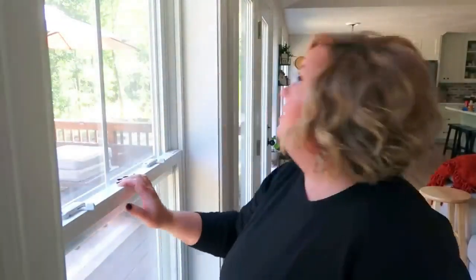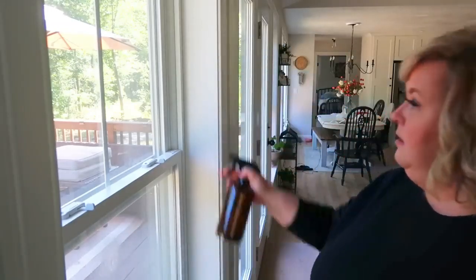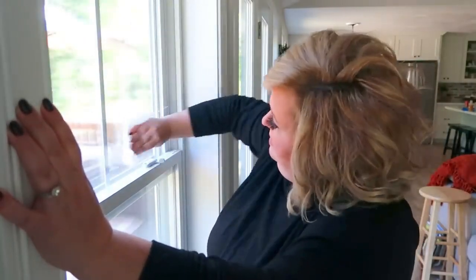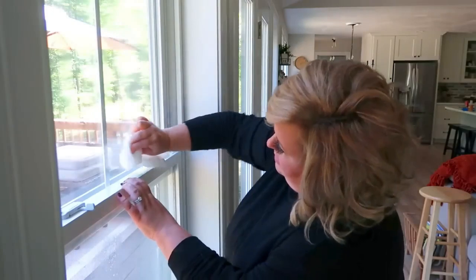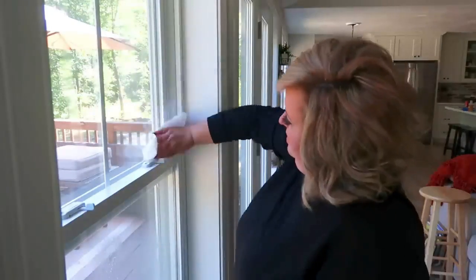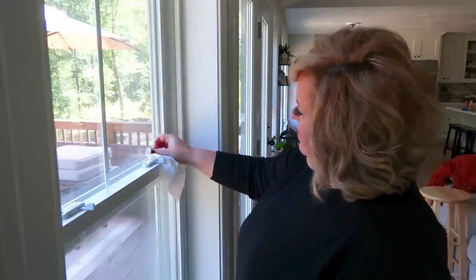Now that I've gotten them dusted off, we're going to go ahead and take a second to wipe them down. And I need to do the outside as well. However, these are those new, they're not new and fancy. They're new and fancy to me. The windows that you can open up and clean the outside from the inside. However, Danny wasn't home and I didn't want to try to do it myself